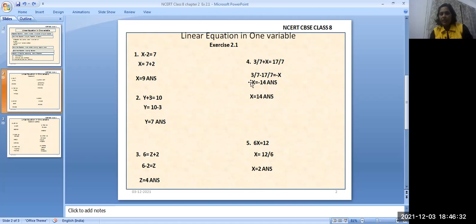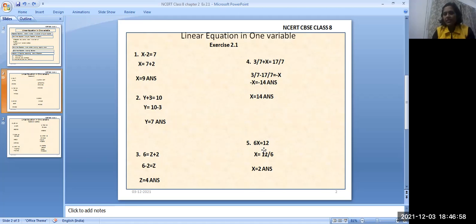So you'll get minus x is equal to, once we take the LCM of both, 3 minus 17 divided by 7. So the LCM will be 7 and the answer will be minus 14. So what we can see here is minus x and this is minus 14. So the minus signs will cancel each other from the left hand side as well as from the right hand side. So our answer x will become 14.